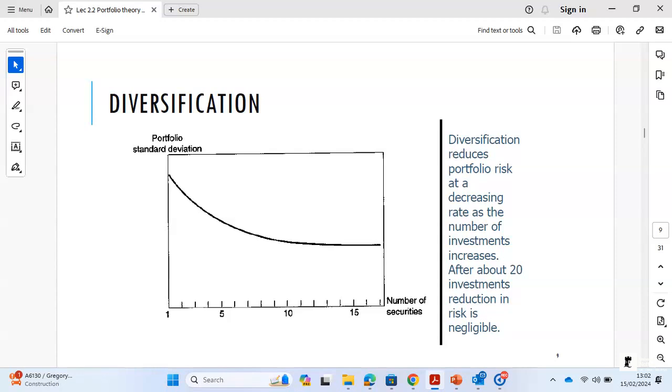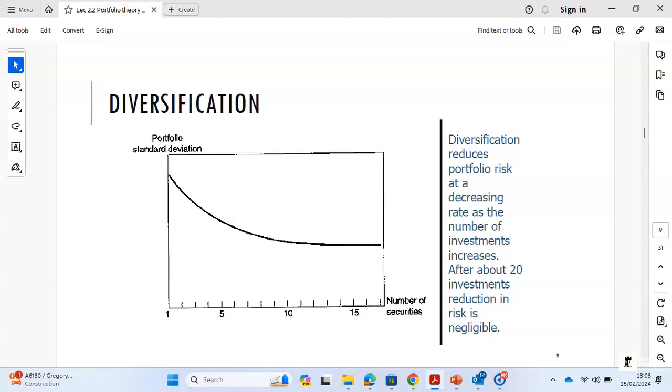Okay, can you think of any reason why it doesn't eliminate the risk? Yes. Yeah, because there's a chance that you would lose money on one or more of those securities in your portfolio. Very good. Excellent. So you can reduce the risk, but the risk that you're reducing is the risk that you can diversify away.